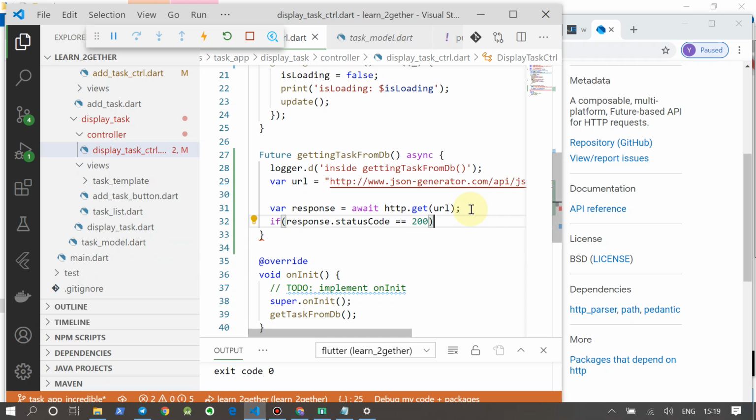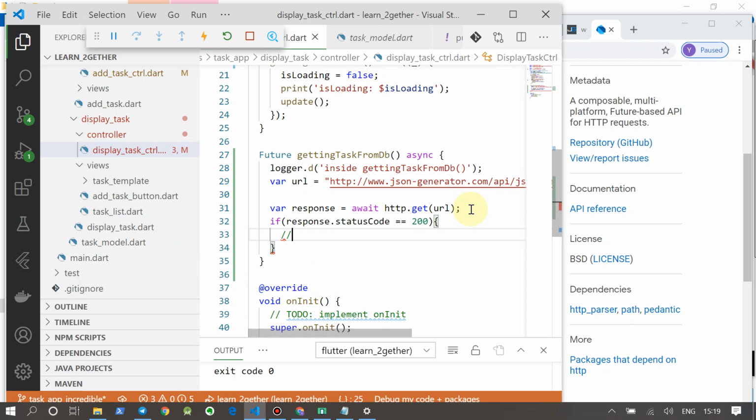This means everything is okay. And now first let's print that response